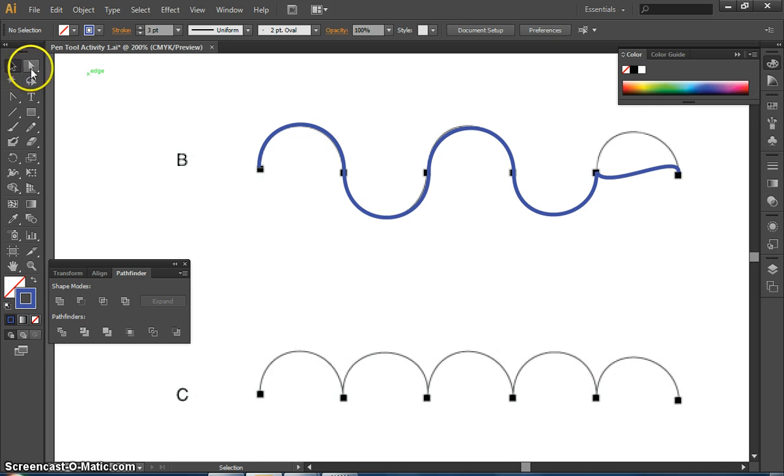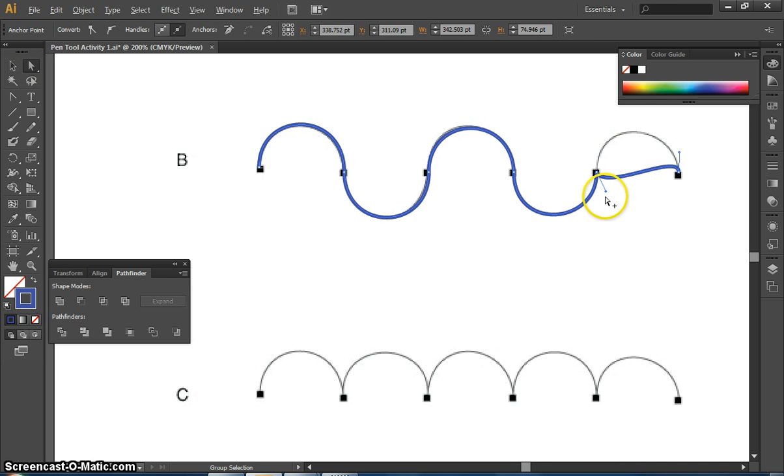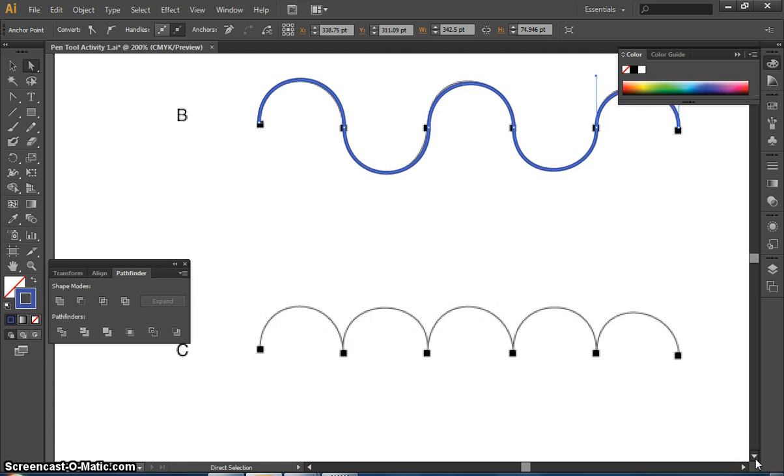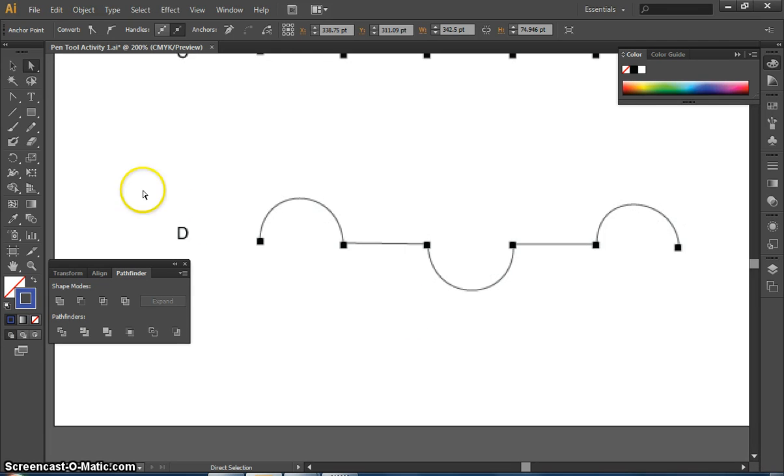And then now I go back to my white direct selection tool, click on the arc, hold Alt first. Whoops, missed it. Sometimes it's better to click on the background and deselect everything and then just start the whole process over. So hold Alt, pull this guy up, pull this guy up a little bit, and then now my arc looks like that. Go ahead and do the same technique for C,